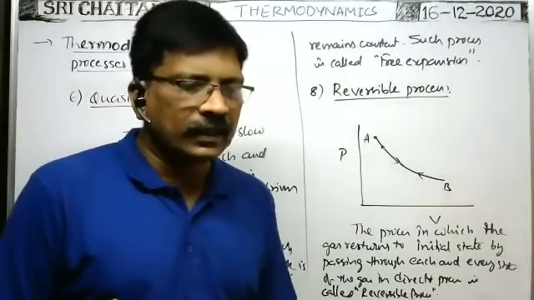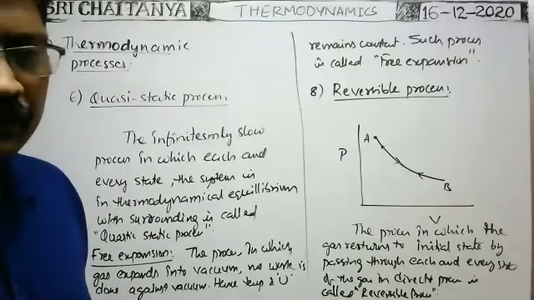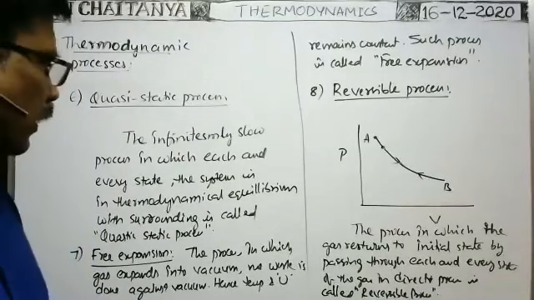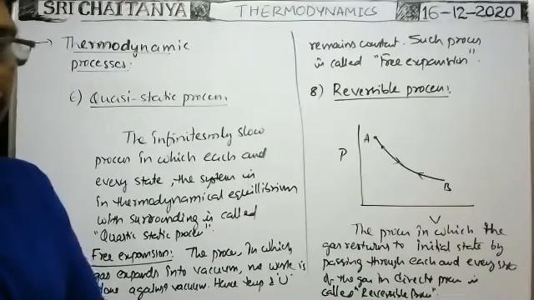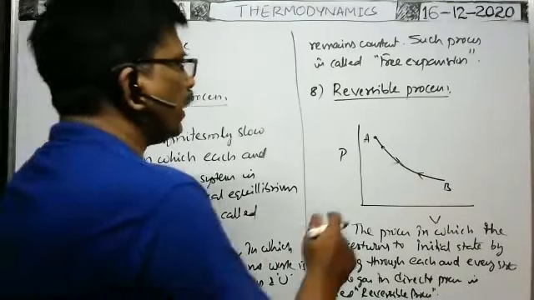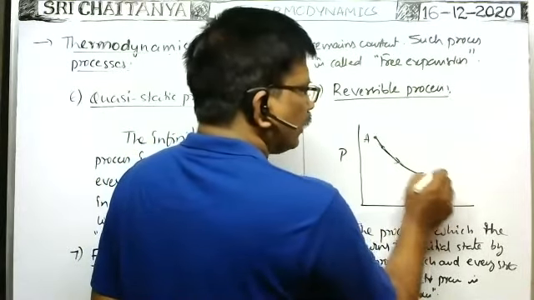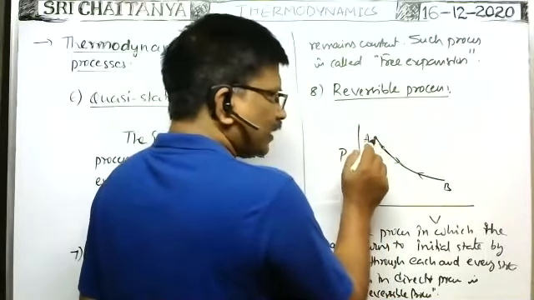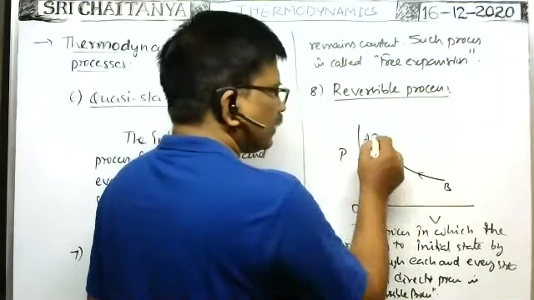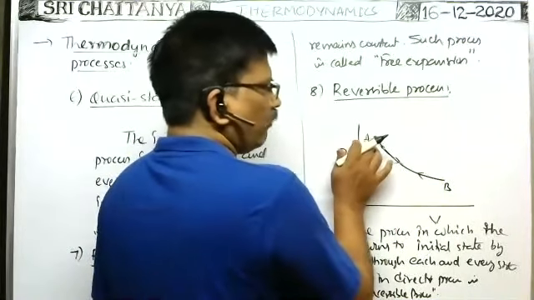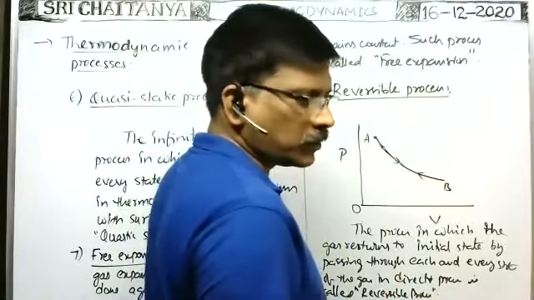In this case, what is the work done? Yeah, zero. Because in the direct process, the state changes from A to B. When the state changes from A to B, what is the work done? As it is the PV graph, definitely work done is the area under the graph. That is positive, because while changing from A to B, the gas expands, so work is positive.